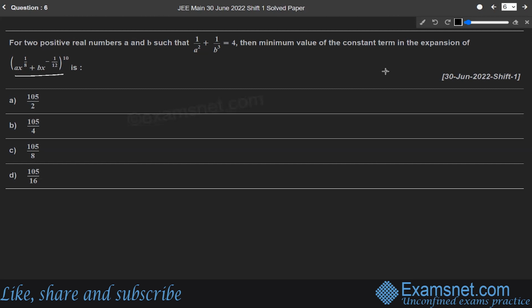What is the first thing we do when we get a binomial expansion? We first find the general term. Do you know what is the formula to calculate the general term of a binomial expansion? If (x + y)^n is a binomial expansion,